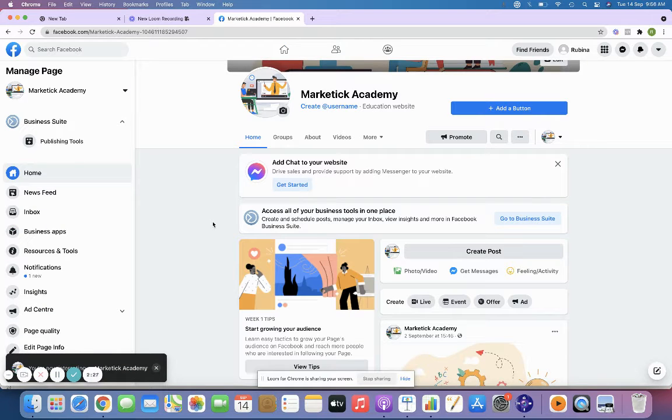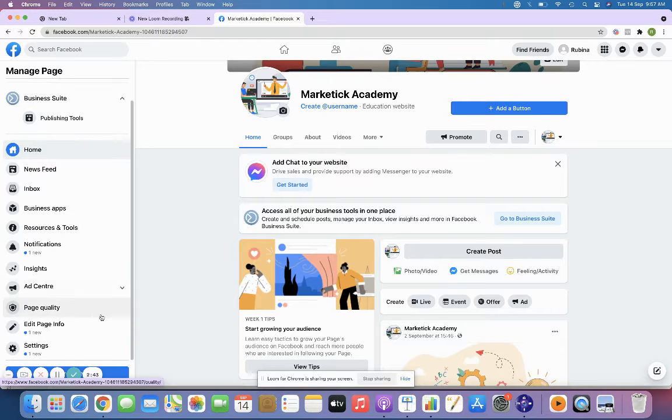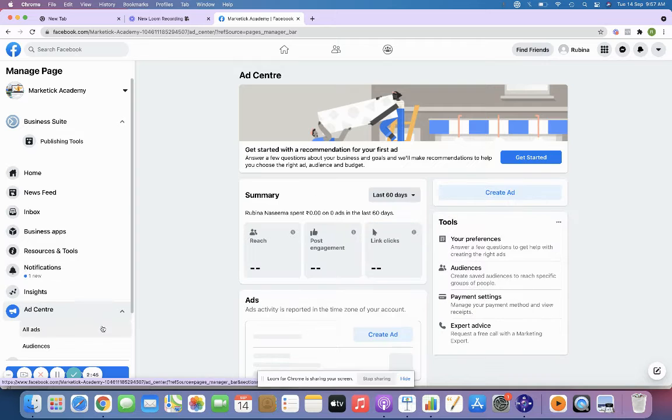Obviously, as I told you earlier, if you are planning to run any type of campaign, you definitely need a page to run a campaign. I'm saying this again for the second or third time. Without a page, it is really impossible to run any campaign, right? You need to know that first, and always be aware of that.